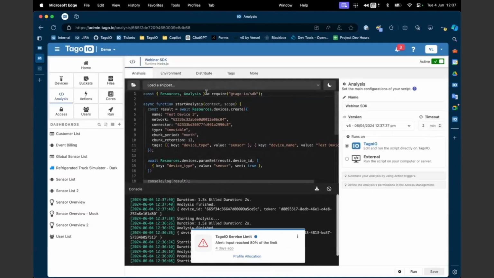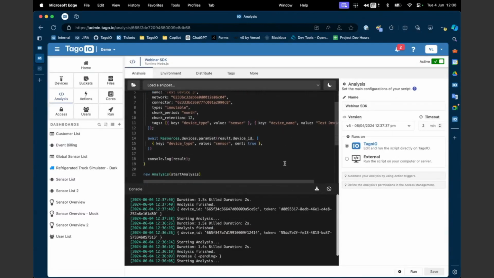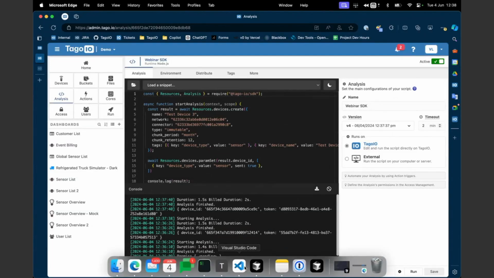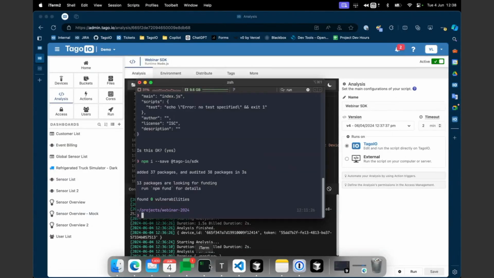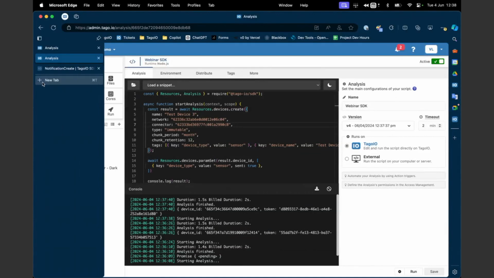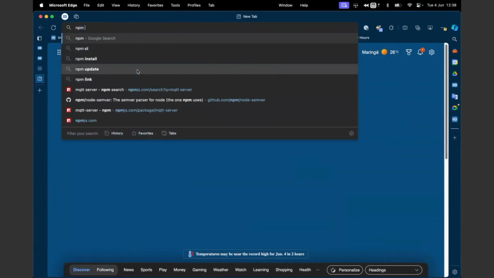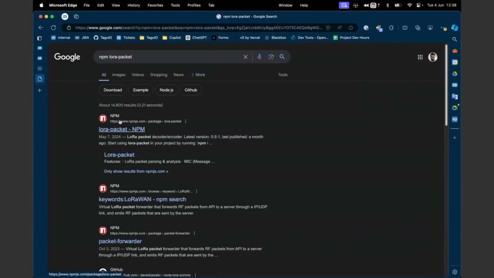So just to wrap up this, I also want to show how the Tago Builder works. So the Tago Builder is another tool that you have specifically for Node.js, JavaScript, which allows you to use any package from the NPM that you have on the web. So let's say, for example, I want to use the LoRa packet, for example. So I have this packet